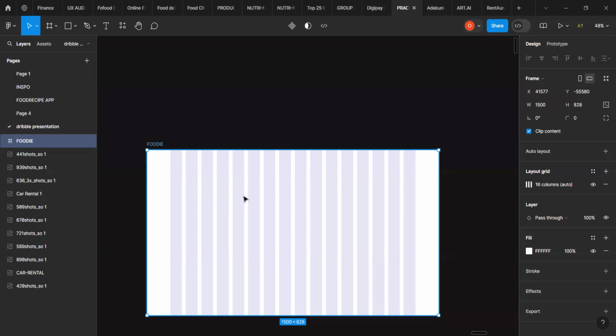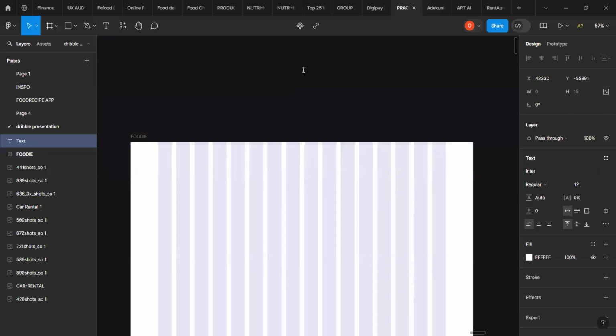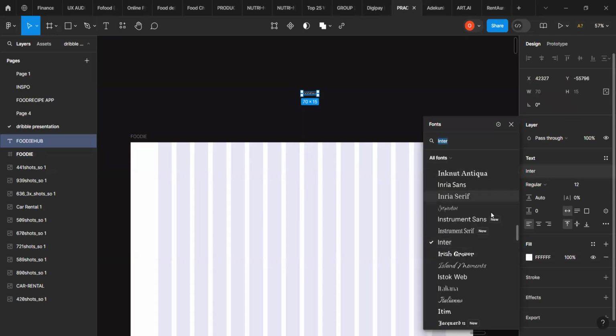Now we don't have a logo for this brand, so we're just going to type in the name and assume that it is a logo. Now, when it comes to fonts, typography and then colors, that's another thing, right? And we have different fonts, of course. So let me type the name of this brand. Let me give it Foodie Hub, right? And so you can see that we have